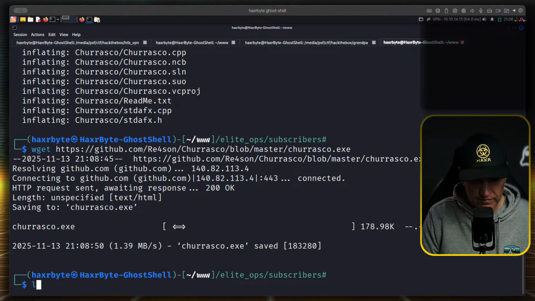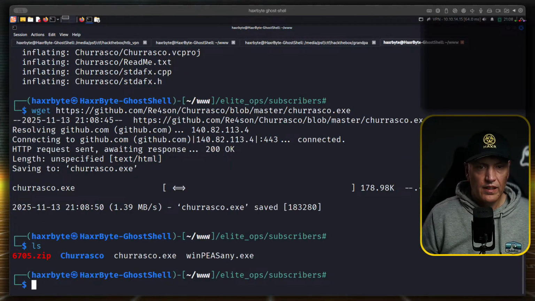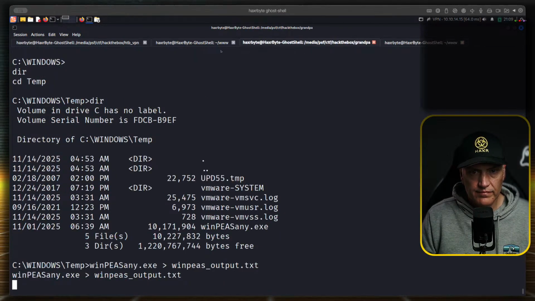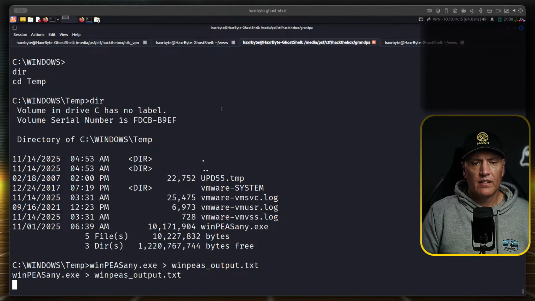Can you believe it? This thing's still running. Still freaking running. I don't know.